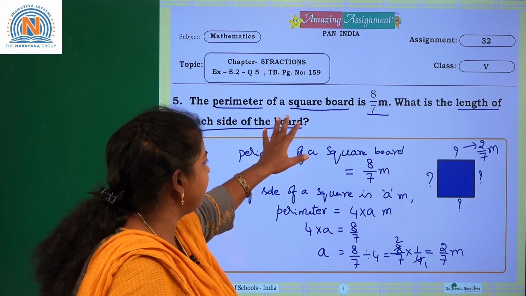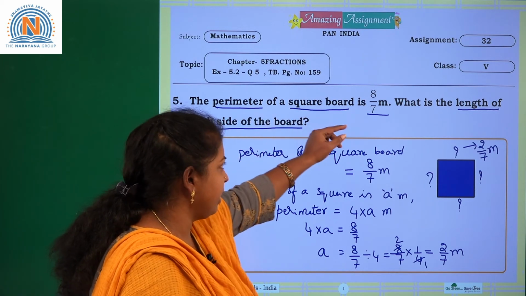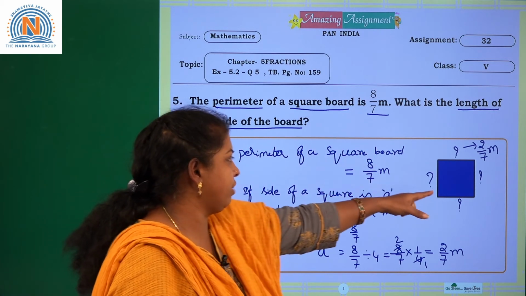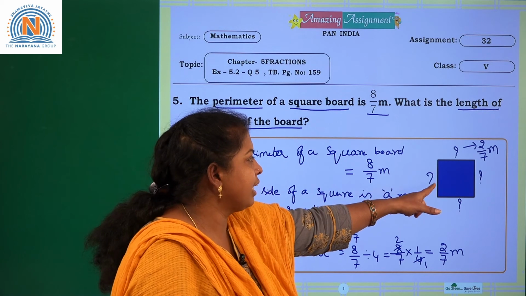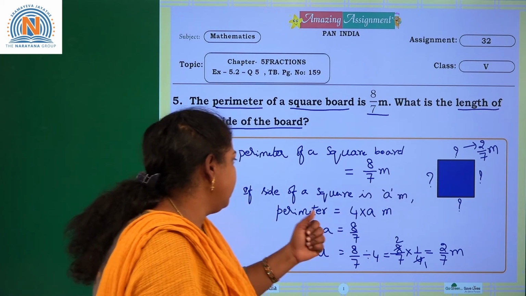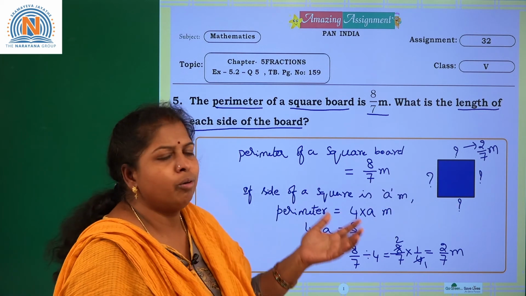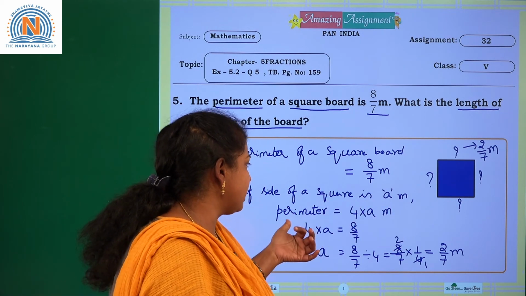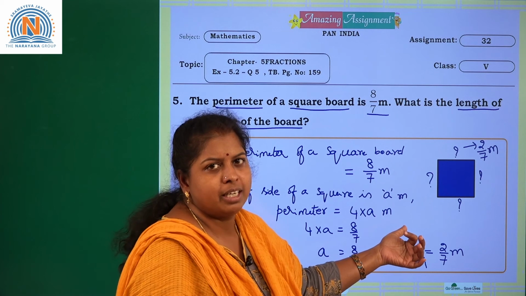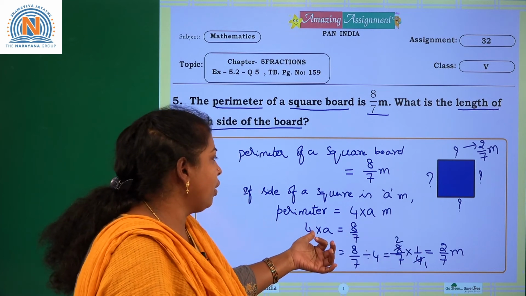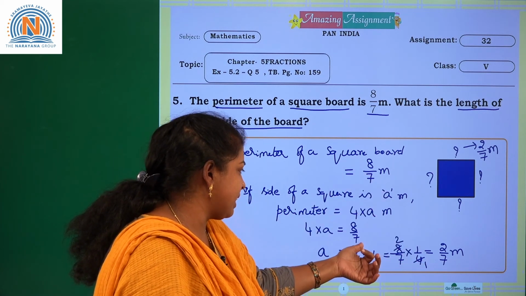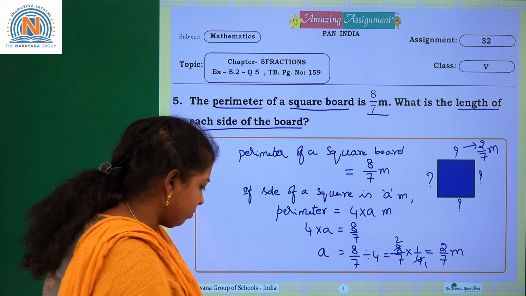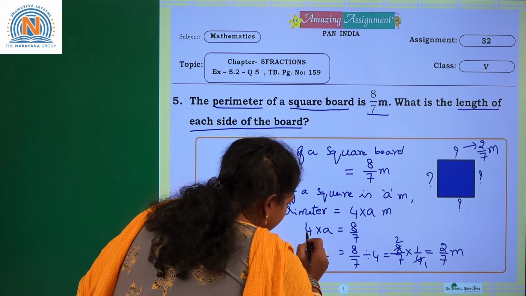What is given in the data: the perimeter of a square board was given, and you require the length of each side of the board. You need to find out the length of each side of the square. For that, what do we know? We know that if the side of a square is A meters, then its perimeter is 4 times A meters. Then 4 times A is given as 8 by 7, and to find A, we have brought this 4